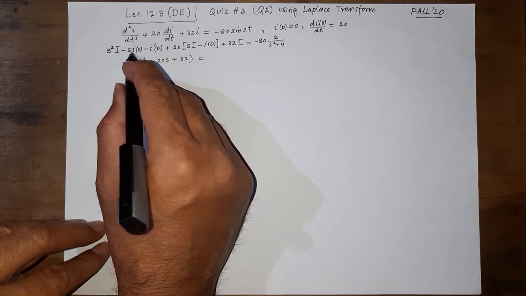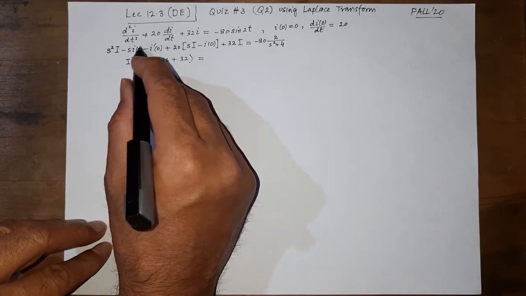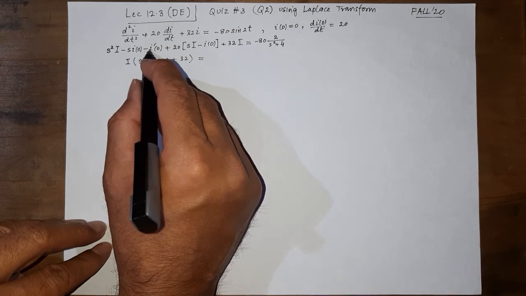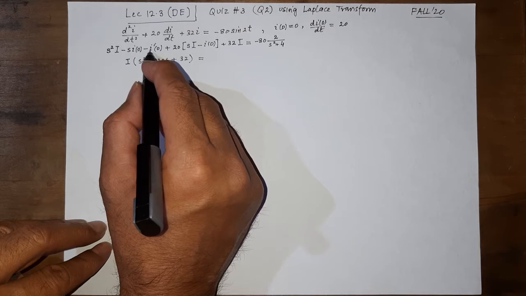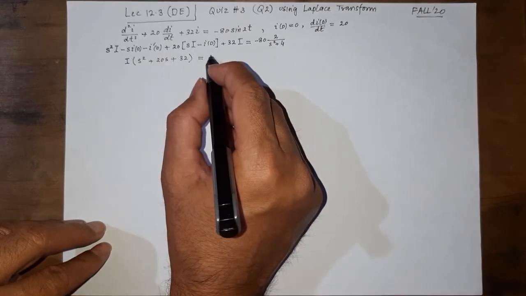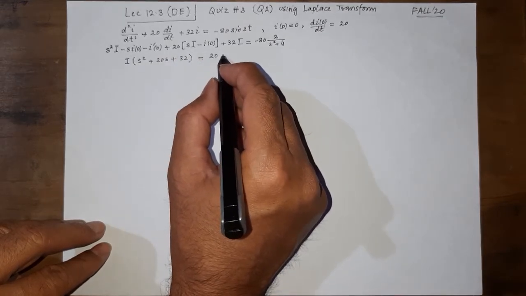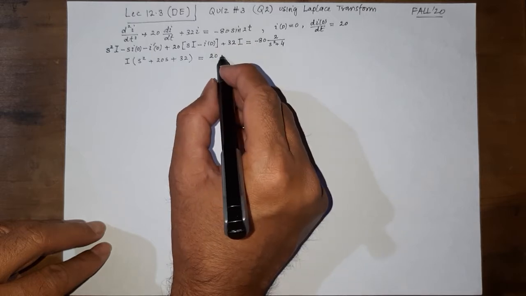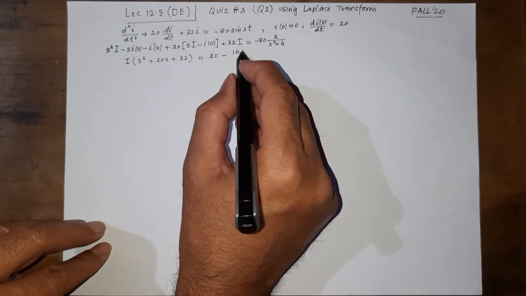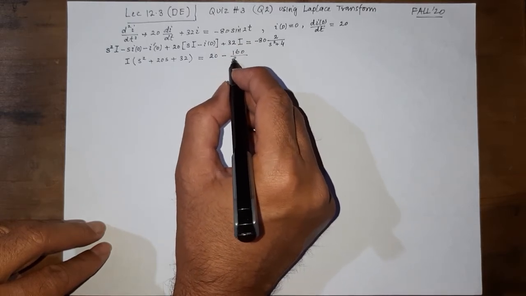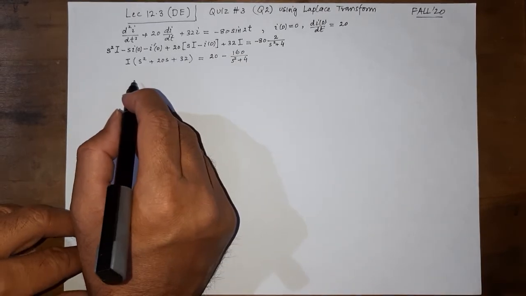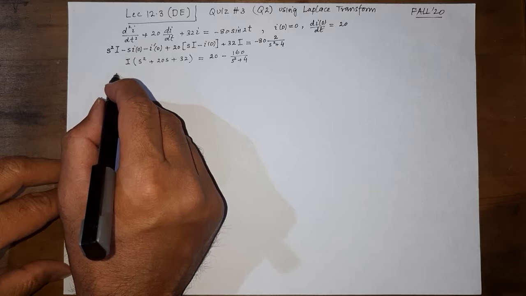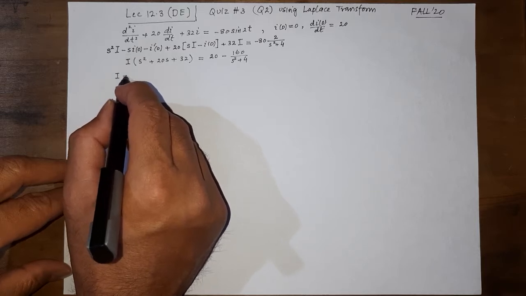So we get minus s I naught, which is 0, cancels out, minus 20 cancels out, minus 20 goes to the other side as plus 20, and this thing is on the other side, minus 160 over s square plus 4, and I would be equal to,